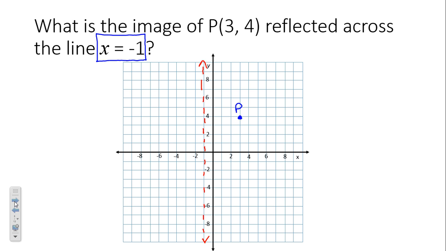Now P needs to be reflected across that line. So when it's reflected, it'll be equal distance from that line. So how many steps is it? 4. So we need to go 4 more steps to get to our P prime. Okay? Everybody good with that one? Okay. Next example says,